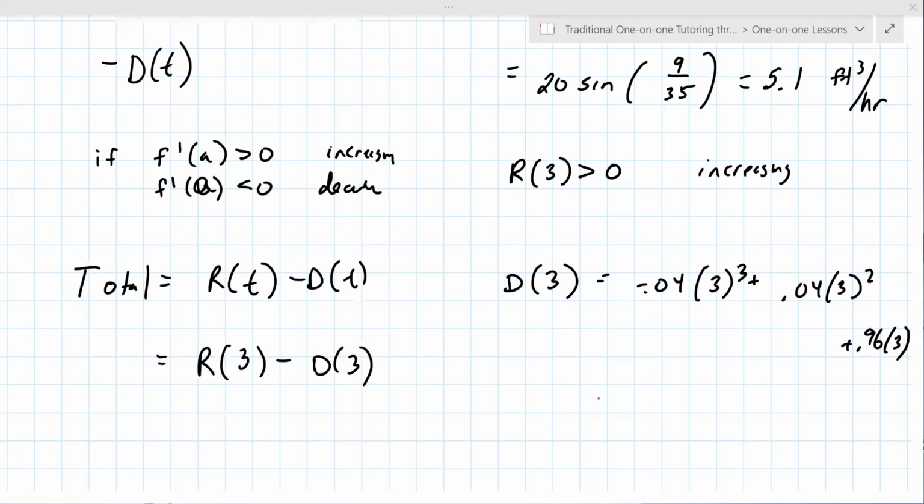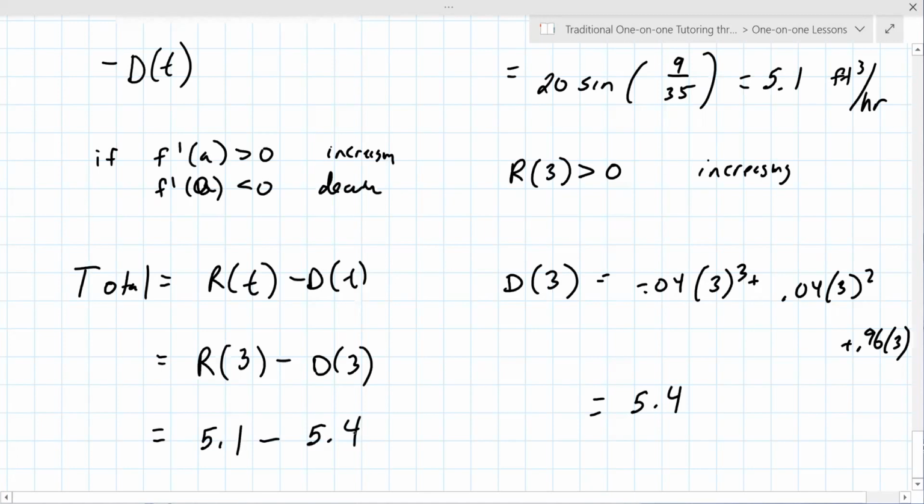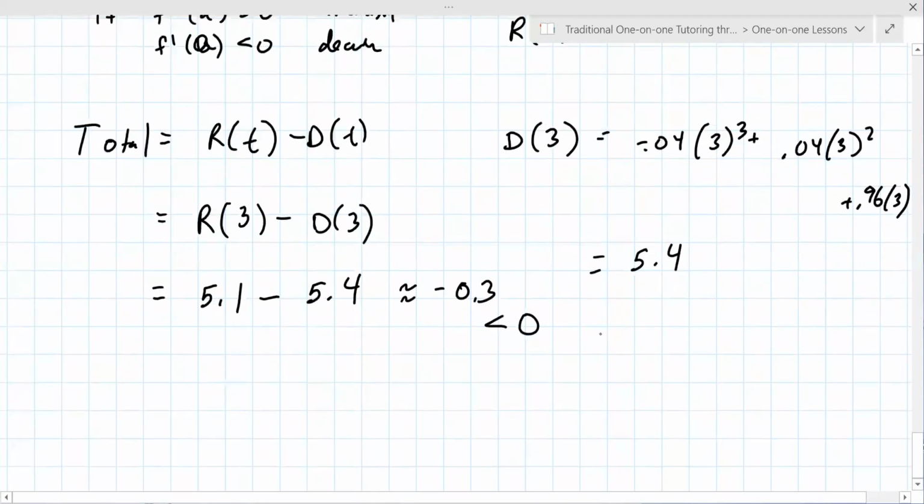So actually not surprising, it's 5.4, because the way I was doing it would be marked wrong, because it would be 5.1 minus 5.4, and that's approximately negative 0.3, but more importantly, it's less than 0. So that means it's decreasing. And that means that the amount of water in the pipe is going down,